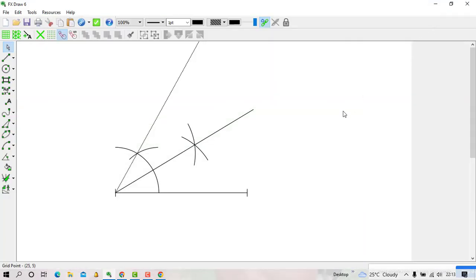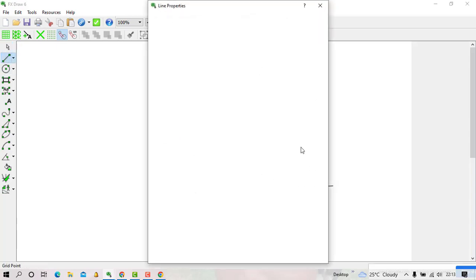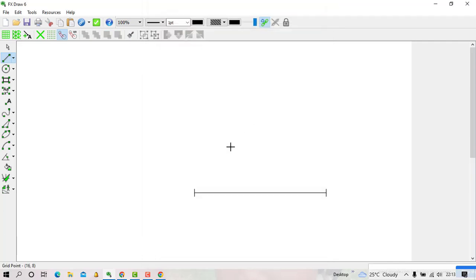135. So 135, for example, I have the baseline. I'll draw the baseline like this, and then this baseline maybe is of length 10 centimeters. I want to make the angle of inclination to be 0. I'll have the start bar, which is the arrowheads, to have those lines. Then maybe I want to construct 135 at this point.